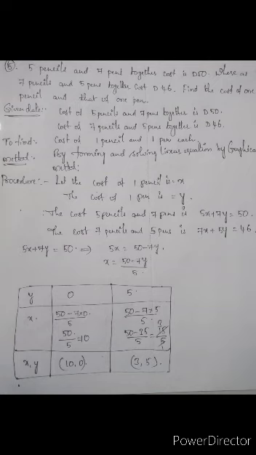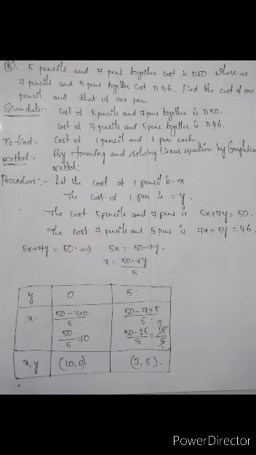When the y value is 0, x becomes (50 minus 7 into 0) by 5. In place of y we are substituting 0 here. 7 into 0, any number into 0 gives 0 only. So 50 minus 0, again we are getting 50. 50 by 5 is nothing but 10. So the x value is 10, y value is 0. So (10, 0) is one pair.